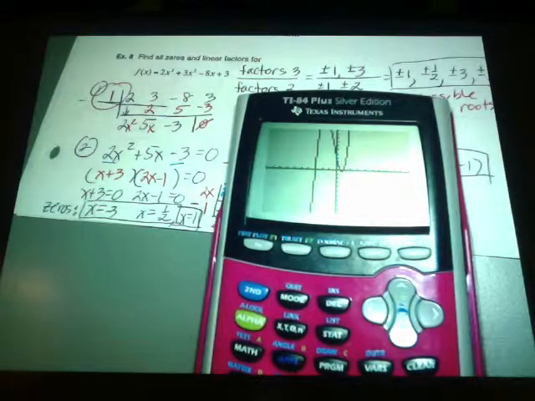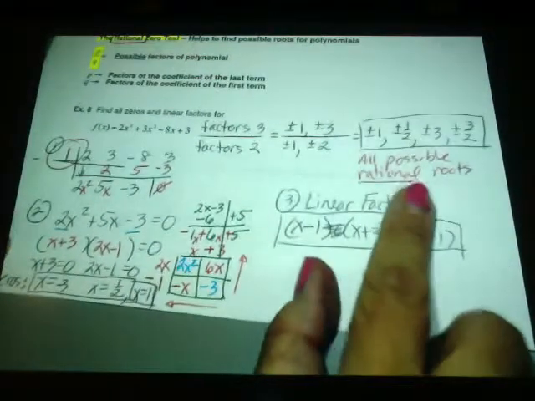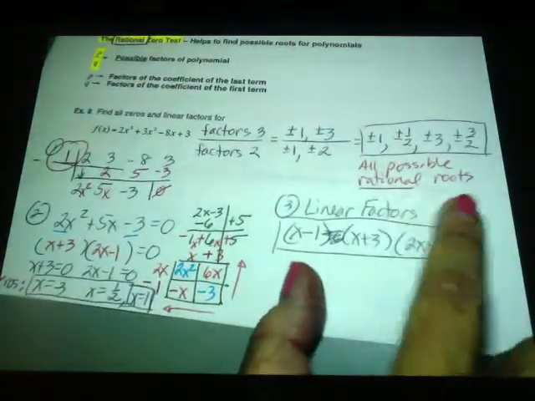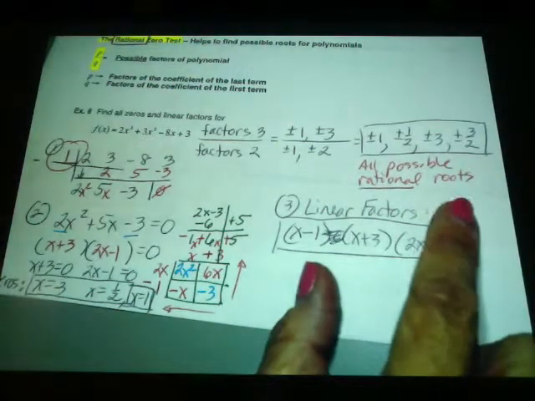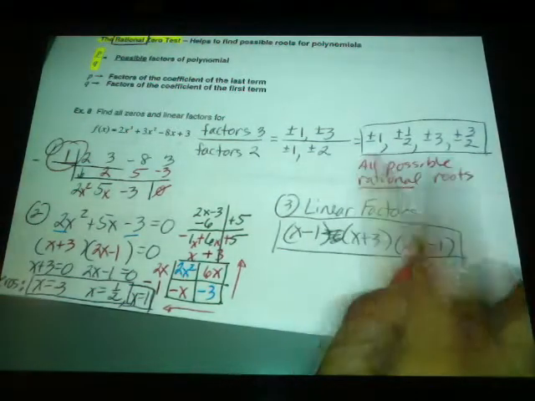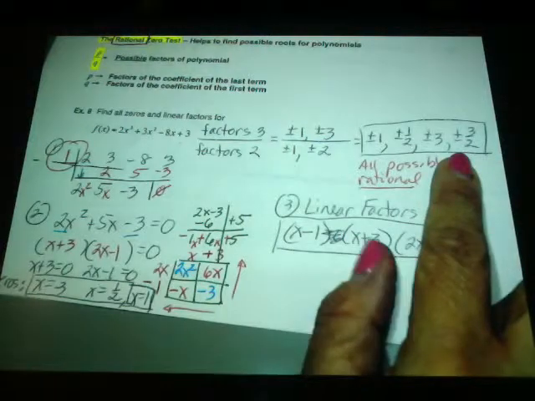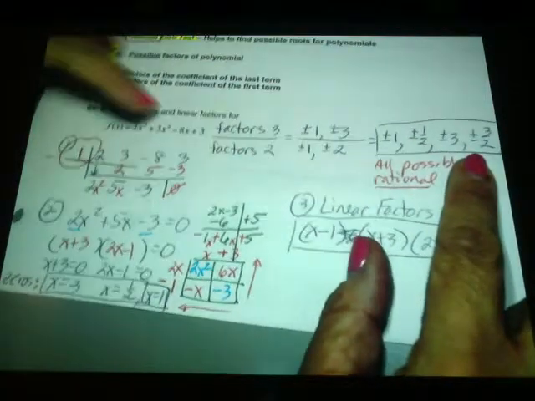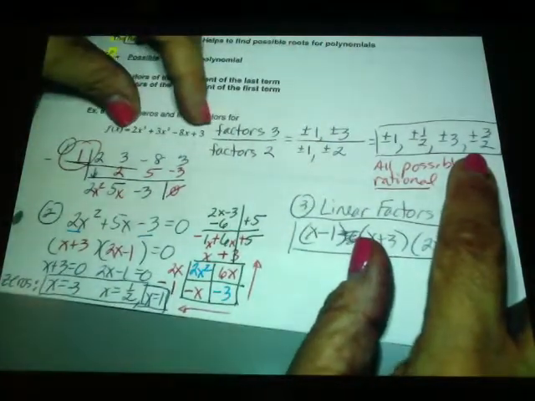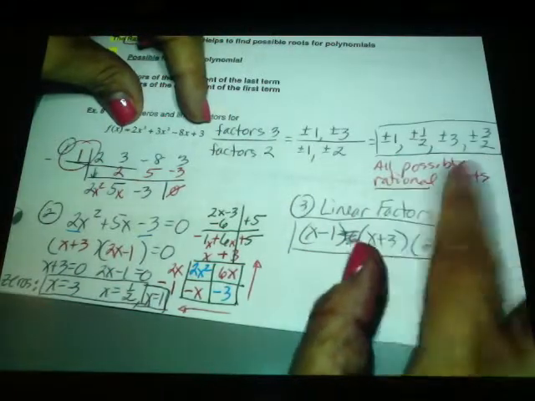Those are the possible zeros. That's different than the real zeros. So she wanted to know, it's asking for the zeros. What we found up here are all the possible rational roots, or the rational zeros. That doesn't mean that they are. It's what they could be. Okay? The fact is, any polynomial that starts and ends with those numbers is going to have these as factors,